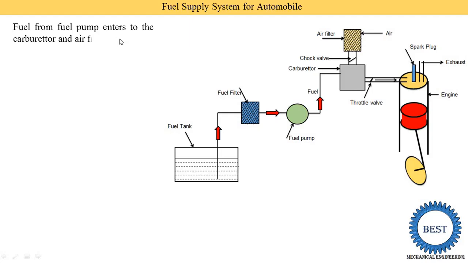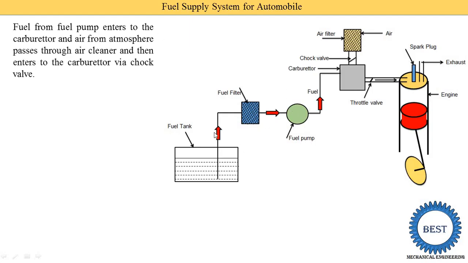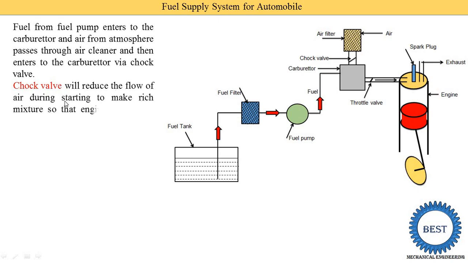Fuel from the fuel tank first goes to the fuel pump, and then the fuel is supplied to the carburetor. Air from the atmosphere passes through the air cleaner or air filter and then enters the carburetor via the choke valve. The choke valve regulates the amount of air supplied to the carburetor. The choke valve will reduce the flow of air during starting